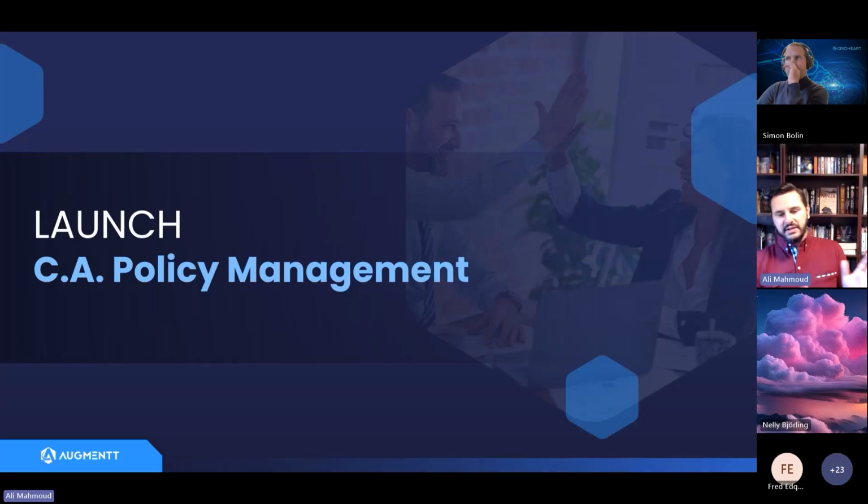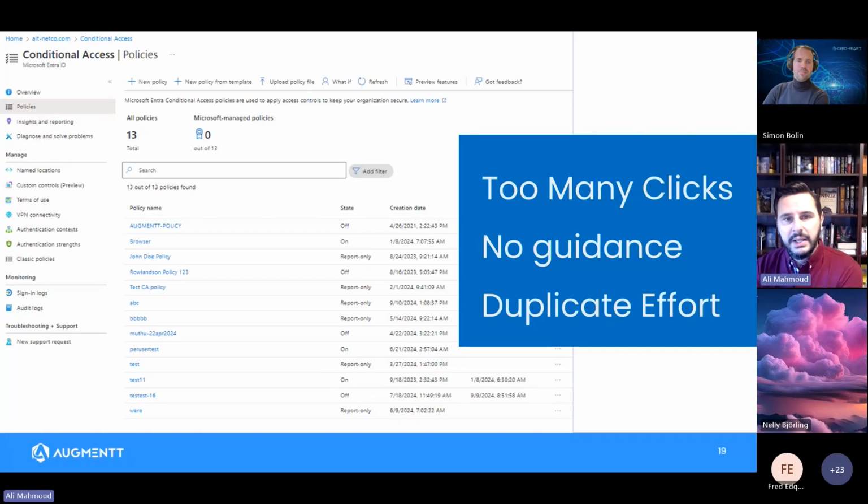Okay, so that was kind of seeing the problem. Now let's talk about fixing the problem, because there's a lot of great configuration functionality in Augmentt, and we should have time for me to jump into the product and give you a quick demo after we talk about conditional access. So the problem with conditional access, it's a great functionality. I love how it lets you restrict by country, by app. Is the device trusted? It gives you all of the capabilities, but it's just time consuming for an MSP